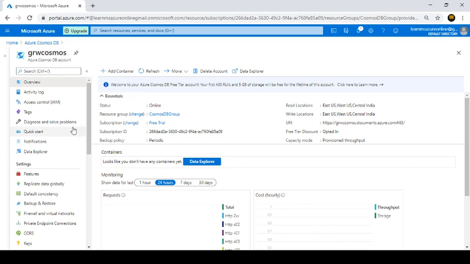So now this is the account that I have created. I am now at the overview section, so you can see basically how you can add the containers and delete the account here. And if I just go to the replicate data globally section,